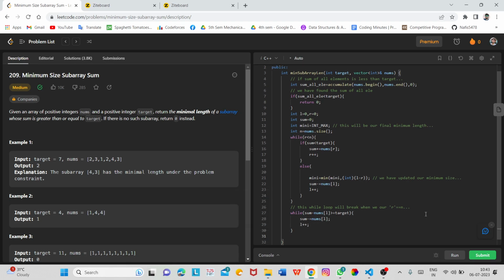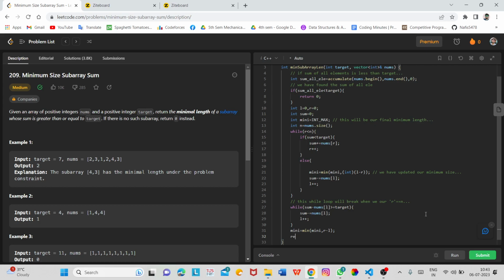And after that we will again minimize the size of our array. So it will be nothing but R minus L again, and then we will return our value. Okay, so let us see whether it works or not.